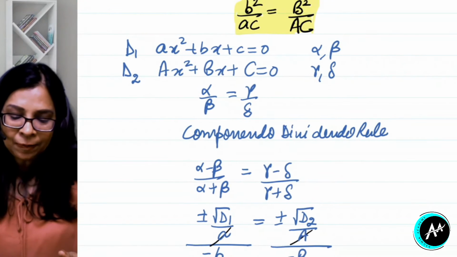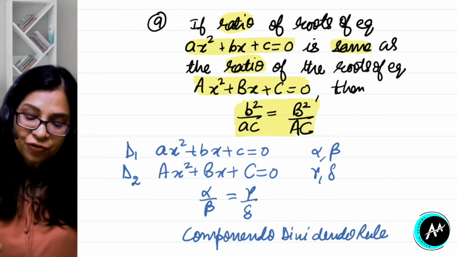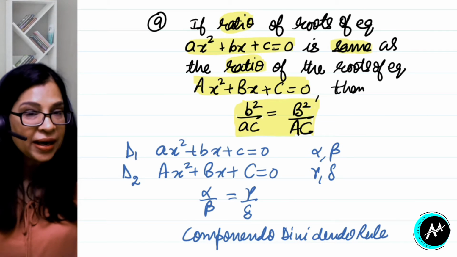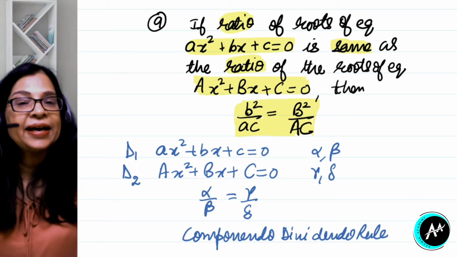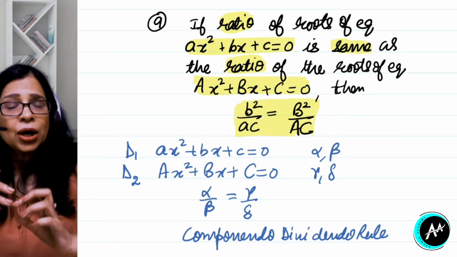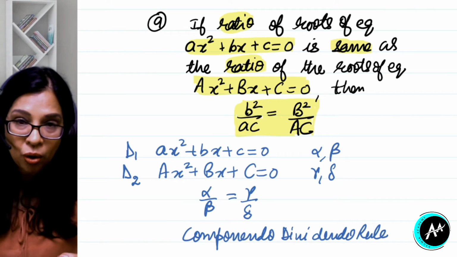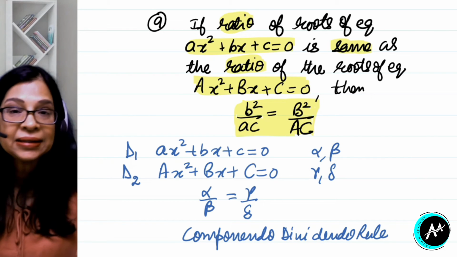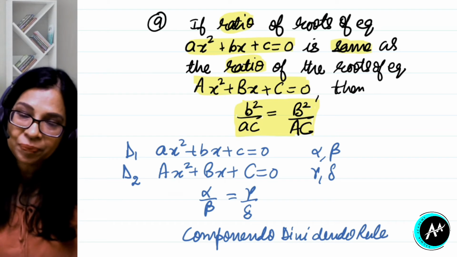So let us see it again. So what is this ninth result? That if ratio of roots of, look here, if ratio of roots of this equation, okay, ax square plus bx plus c equal to 0 is same as ratio of roots of this equation, then small b square upon ac is capital B square upon AC. You can see it will take time if you start deriving these results in competition exams. All right. So we need to memorize them directly. And now let us see their application. All right. Now I'll show you how we can use them directly.